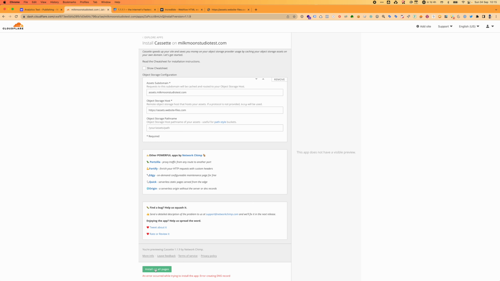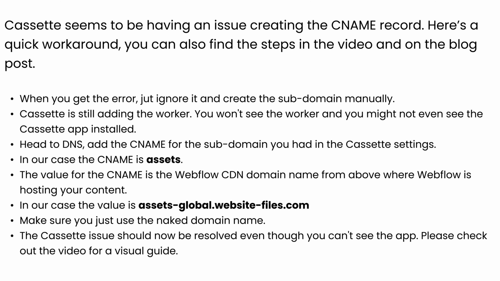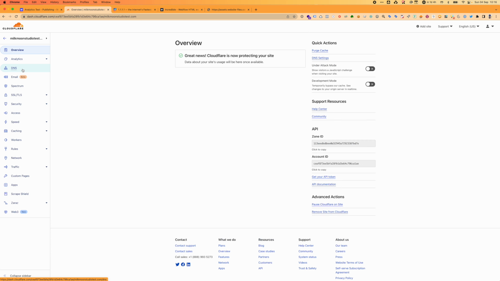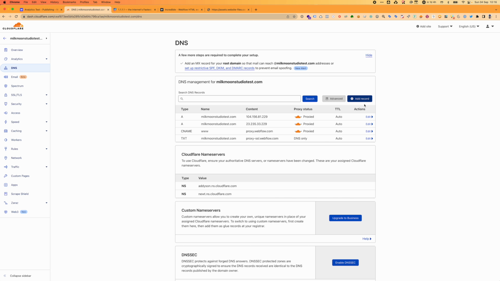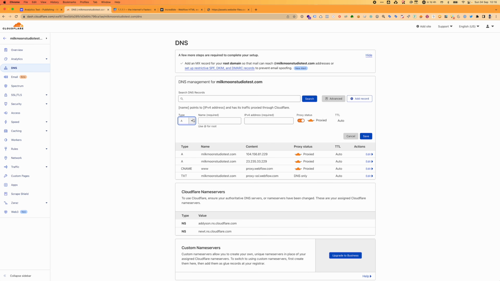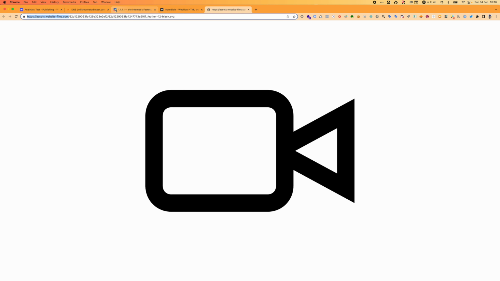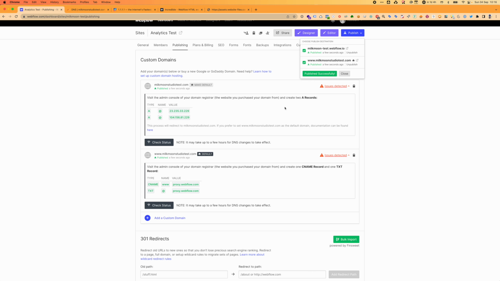And we've got an error. So it looks like Cassette is throwing a bit of an error. Doesn't seem to be able to create the CNAME record for some reason, but it is adding the worker. So for this workaround, you're going to go to the DNS settings, just create a CNAME record for the subdomain you were going to create in Cassette. So in our case, it was assets. And then the target you want to stick in there, the value, is the domain name of your Webflow CDN